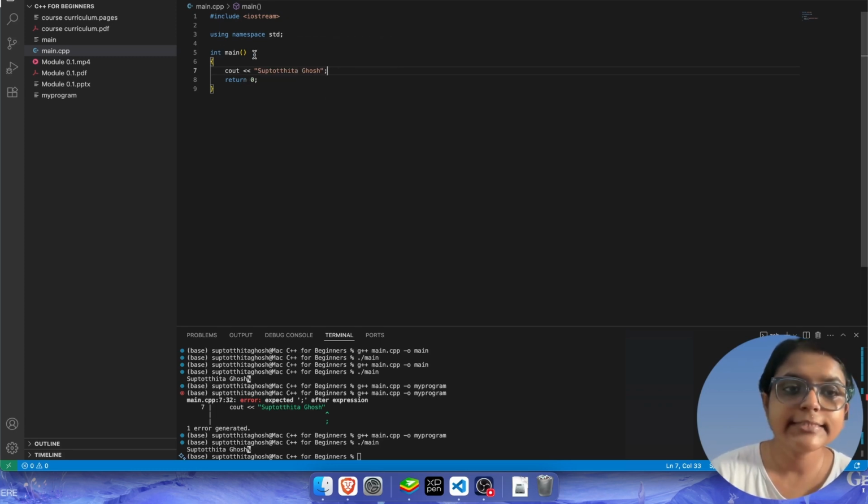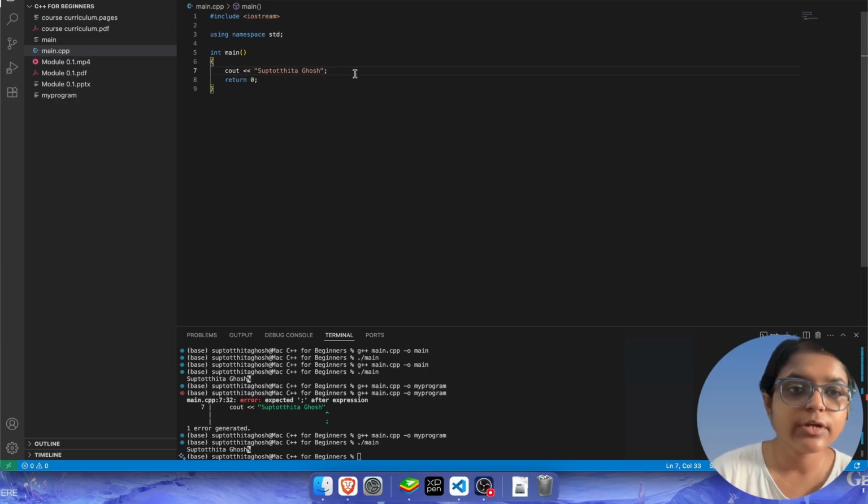Then we have int main. This is basically the main body of the program. And IOStream basically allows you to take input and output, to put it simply. And int main is the main body of the program. And here we are having an output, I'm printing my name here. But previously, our first job in programming was to just return 0 and not print anything. But since you are writing code, you would want to have an output.